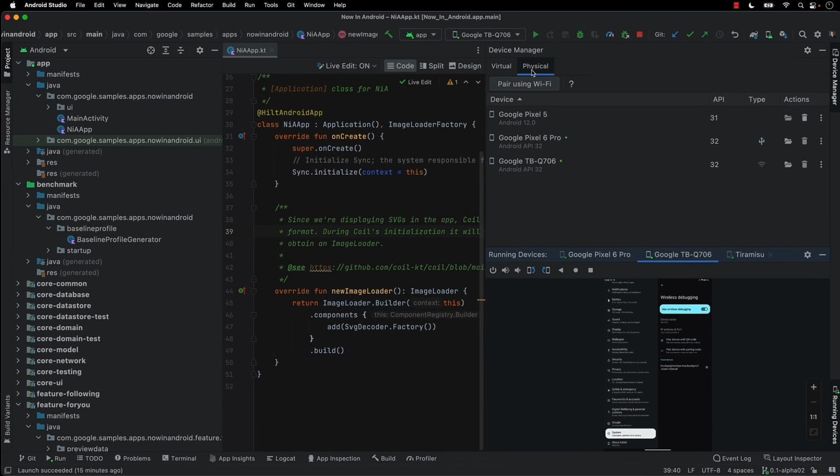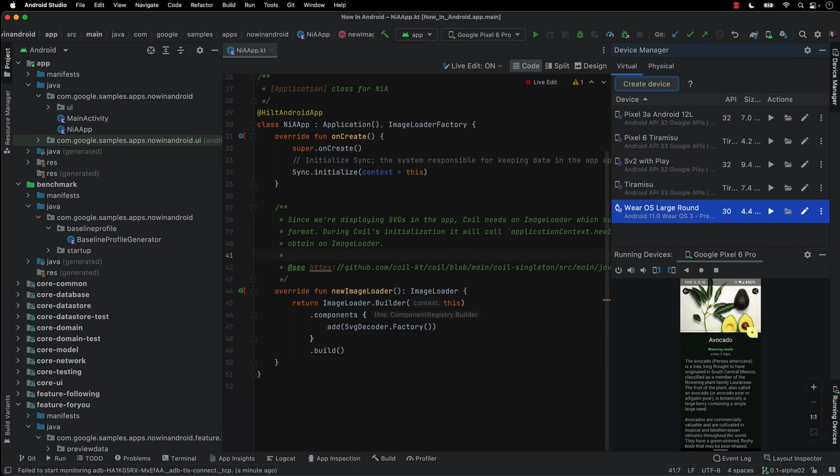And I've also paired my tablet here using ADB Wireless, which as Jamal mentioned is now stable. And I can connect any device that is Oreo or above, so API level 26 or above should work. And this makes it really easy. And just like with the embedded emulator, this makes it really convenient to code and test your app on your physical phone. You can keep your hands on your keyboard and or trackpad.